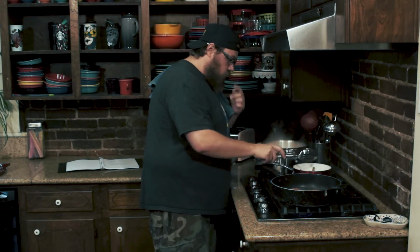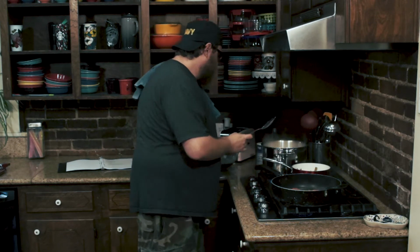Alright, so now green beans are going, the potatoes are going, our hamburger, aka Salisbury steak without the breadcrumbs is going, and so that's it. I'm gonna let this stuff cook down and then I'll show you what it looks like here in a little bit. So I've flipped our now hamburger patties,